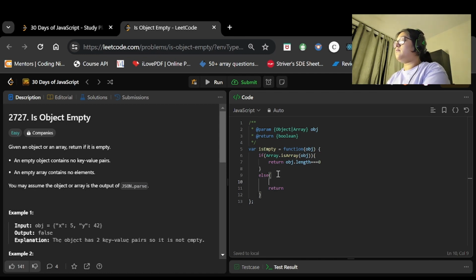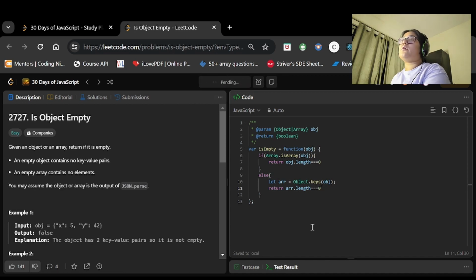So let arr equal Object.keys(obj). This will return us an array of keys from the object. Now we will check here arr.length is equal to 0 or not. If it is 0, then it will return true, otherwise it will return false.